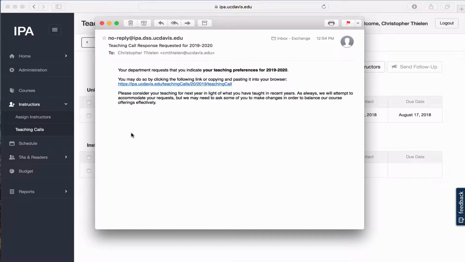What do you want to teach? When are you taking a sabbatical? In some cases, when are you available? That typical conversation that you may have previously done in person or via email or via a survey, you can now do with IPA. So what we're looking at here in this front window is an email that I received